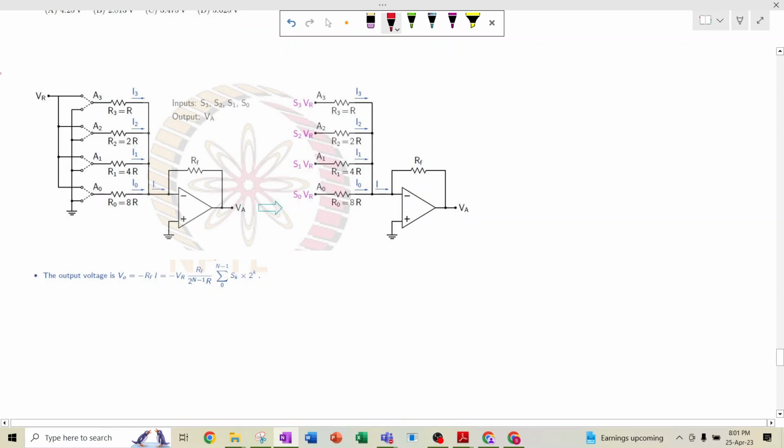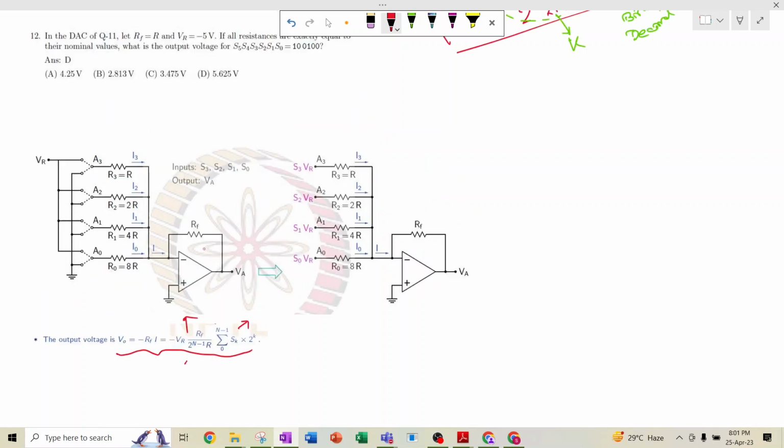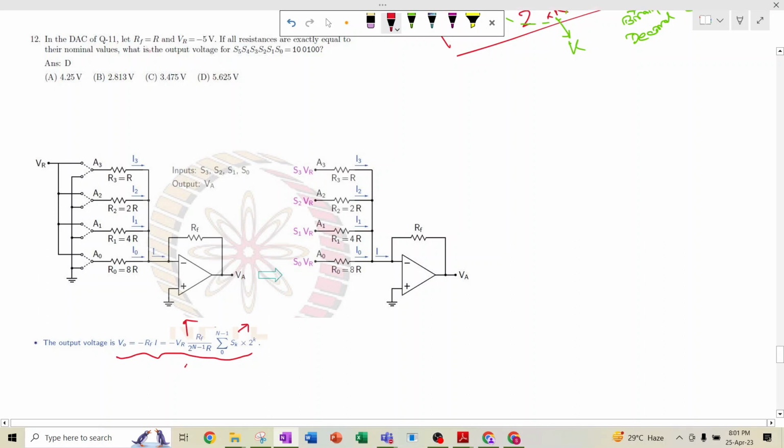Okay, so we have already discussed in the previous question how to calculate the output VO, and we have reached the conclusion of this. We have already said that this is nothing but the binary to decimal value converter, and this is the multiplication factor. So now we have to put the values and solve the question. It is telling us, let RF be equal to R, so what will be the VO exactly? At first we need to find out the summation from 0 to n minus 1 of Sk into 2 to the power k for this